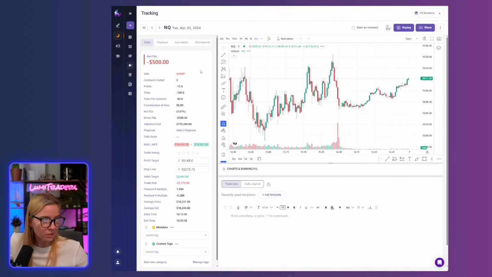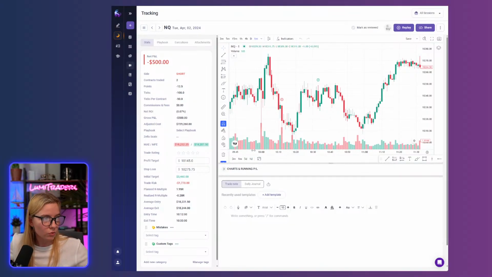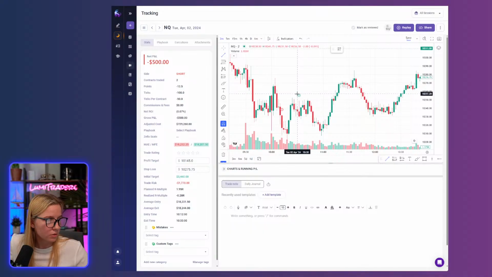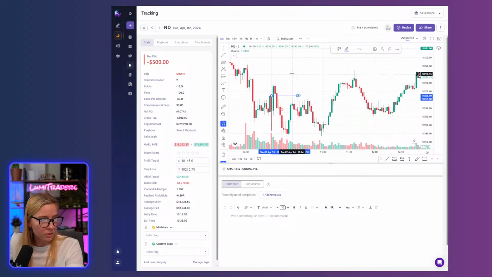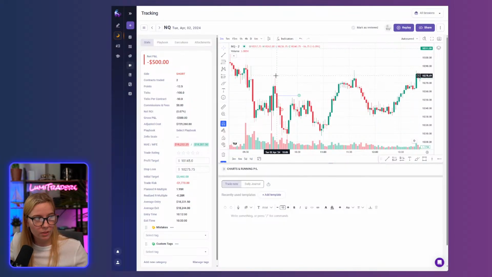Go to the next trade. The next trade was a losing trade. So what I saw there, we got 10 a.m. open right here. I'm going to highlight 10 a.m. open. Let me open the 2-minute chart. 10 a.m. open was right here. As you can see, price traded a little bit above 10 a.m. open, so I was waiting for the closure below this level right here. So it offered an order block, and I was trying to trade this order block right here with stop loss right here. So basically it was 2R, as you can see.